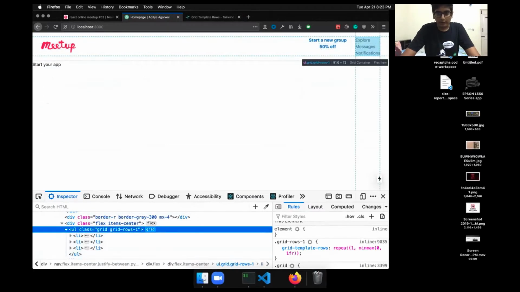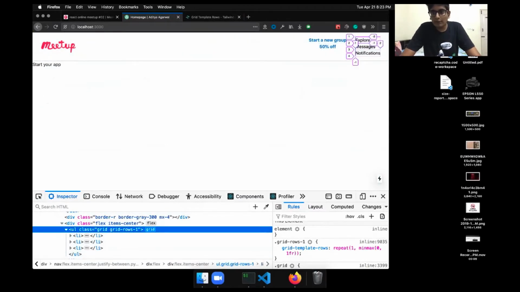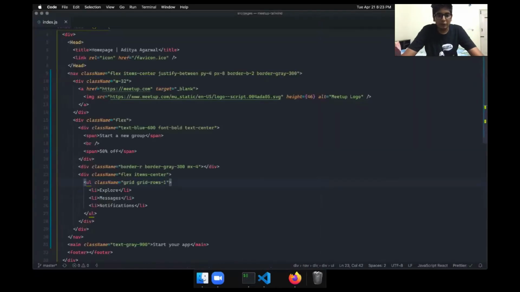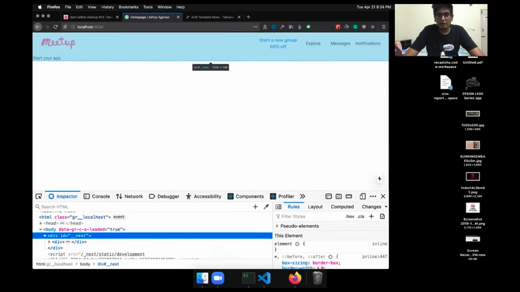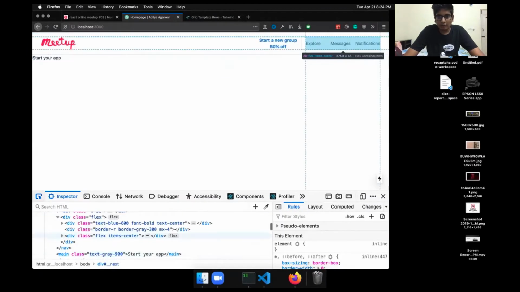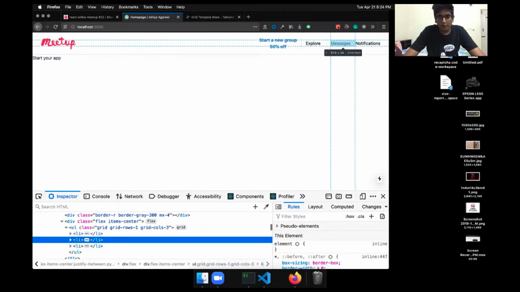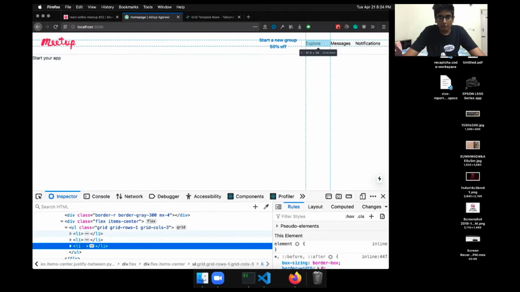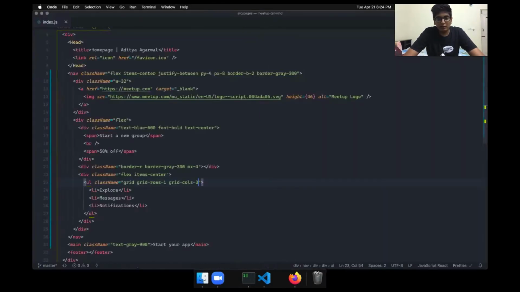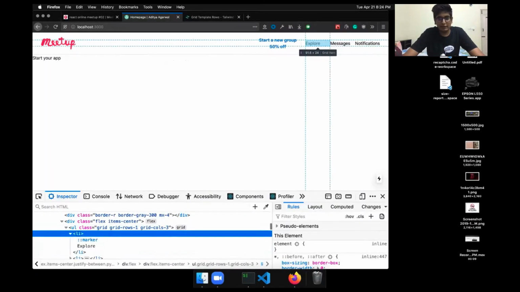So now if I toggle the grid, we have one row, and let's put 3 columns here. I don't want to use this, but let's see if it works, then we can try removing it. Okay, that is working. Here I see there's a UL and there's a LI, another LI. What we said was grid columns 3, which puts equal width on all the 3 columns.